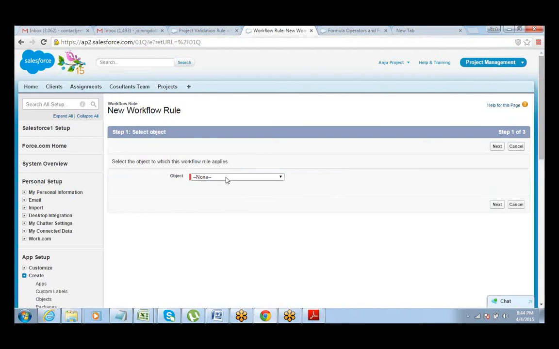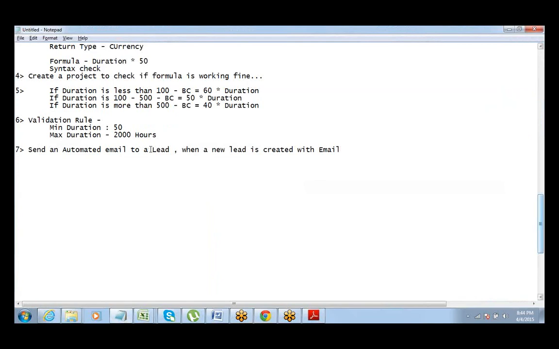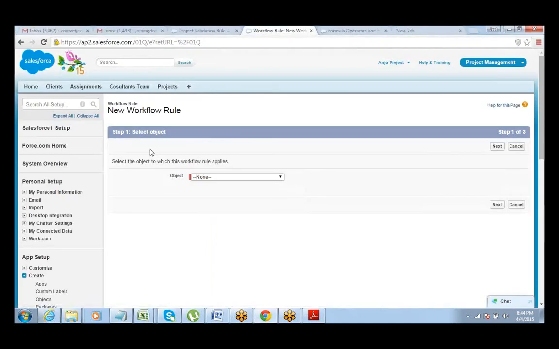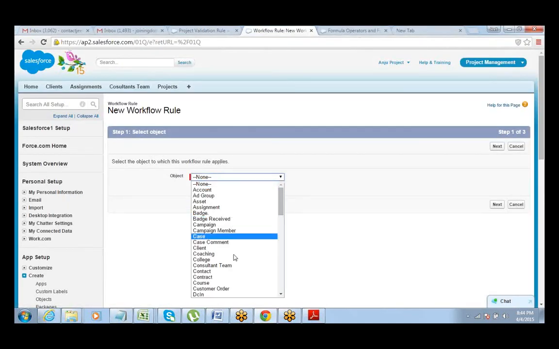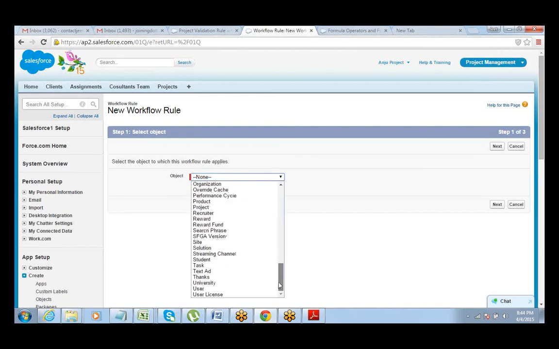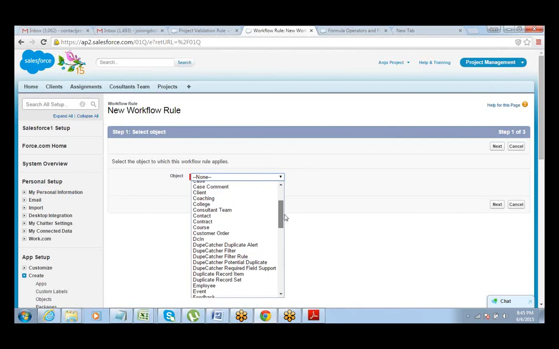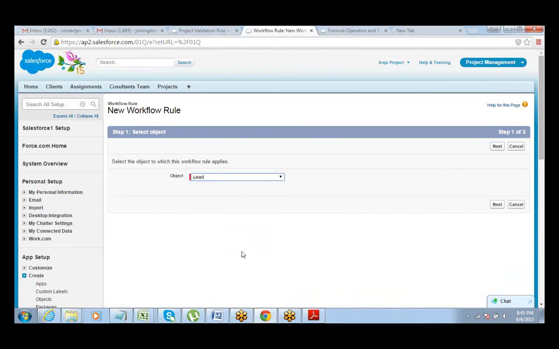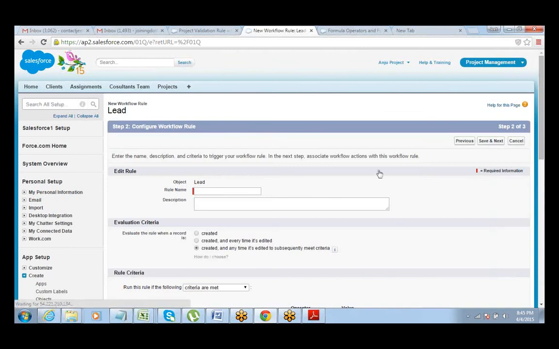Okay. Now, which object are we talking about here? What is the example that we are going to do? Send an automated email to a lead when a new lead is created. So which object are we talking about here? Lead. So where is the lead object? Here it is. Okay, select the object which you actually want to create the workflow for. Go to next. Give the rule name, whatever rule name you want to give. Very simple. Select the object, give a rule name,